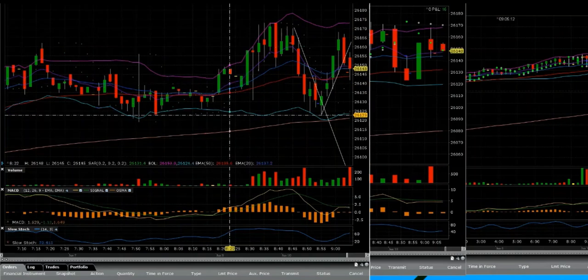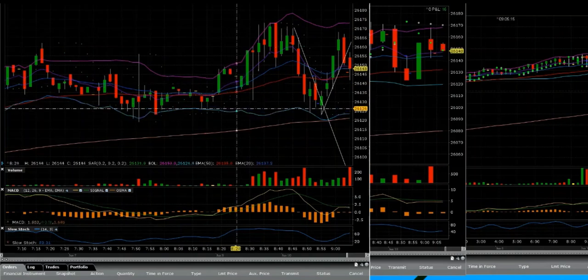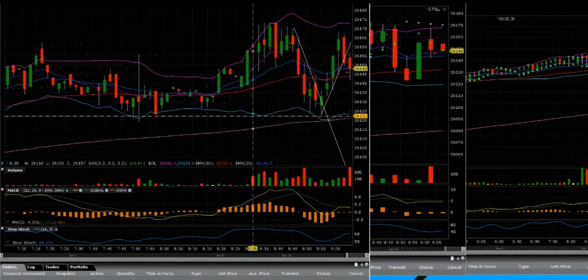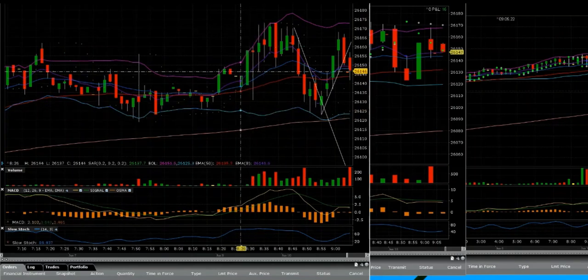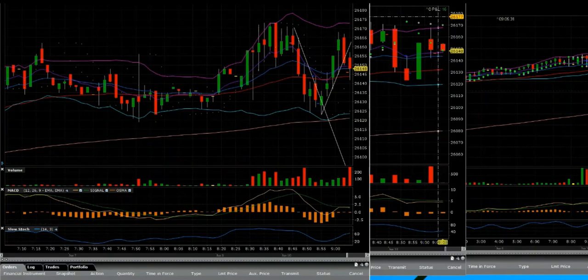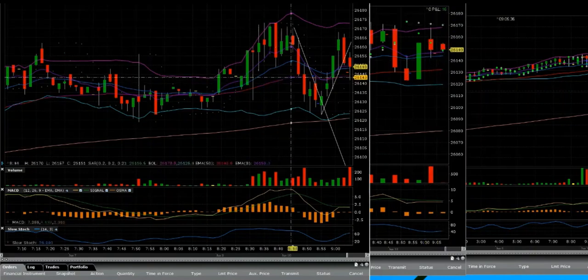I want at least a 2-to-1 risk to reward. So if I'm risking $100, I want to make $200, or if I'm risking $10, I want to make $20. See how small this is? It's only $16. Now, if I was using YM, I'd be up $160 for those two trades. But since I'm just using MYM,